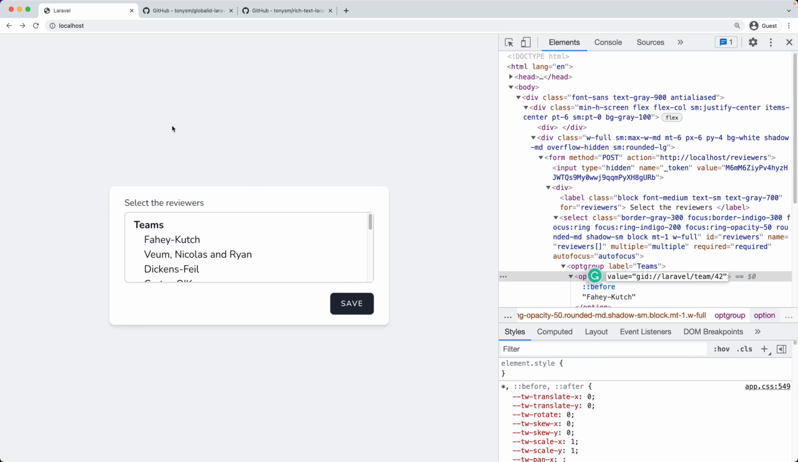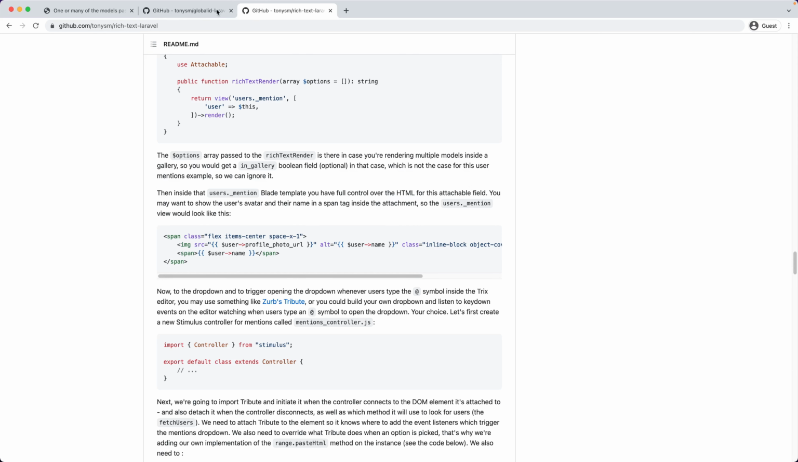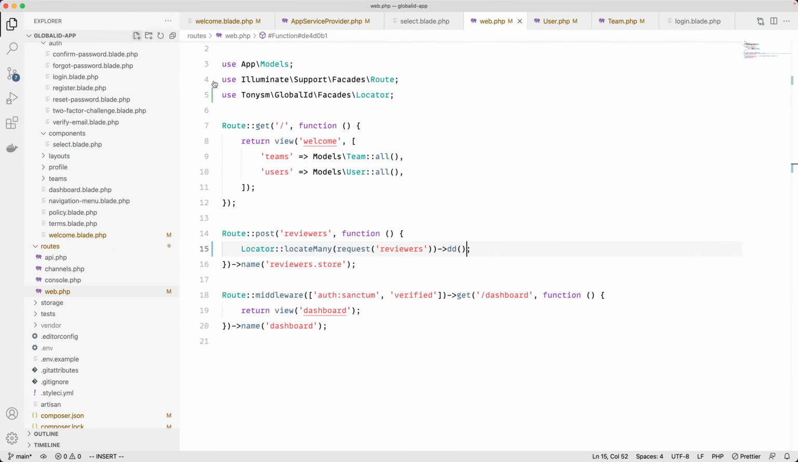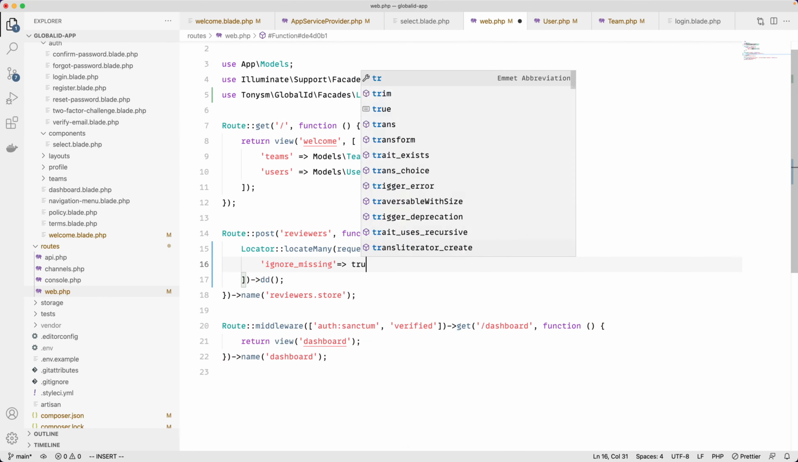that users could tamper with the value ID and set something like 42, and they can send that to the backend, which would blow up. And this is actually a locator exception, because if you pass a global ID to the locator and it can't find one of the models, it will fail, because you were expecting to find something, right? If you want to tell the locator to ignore missing, you can do just that. Ignore missing, set to true,